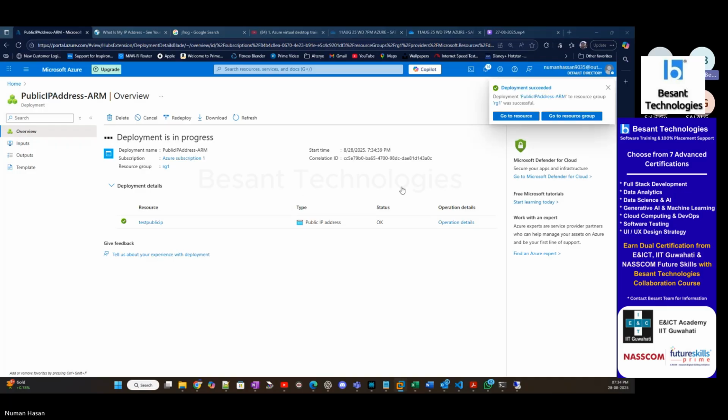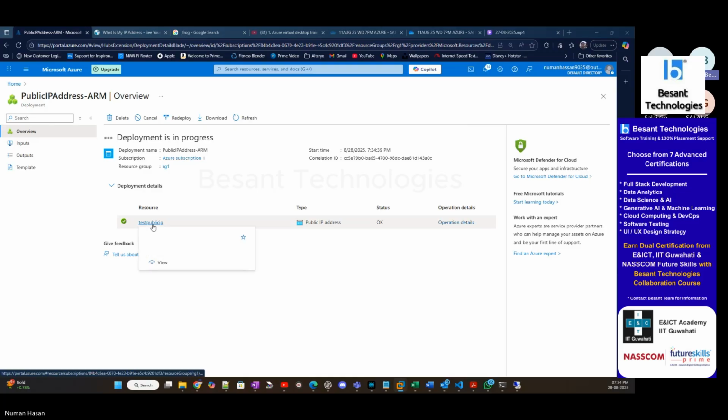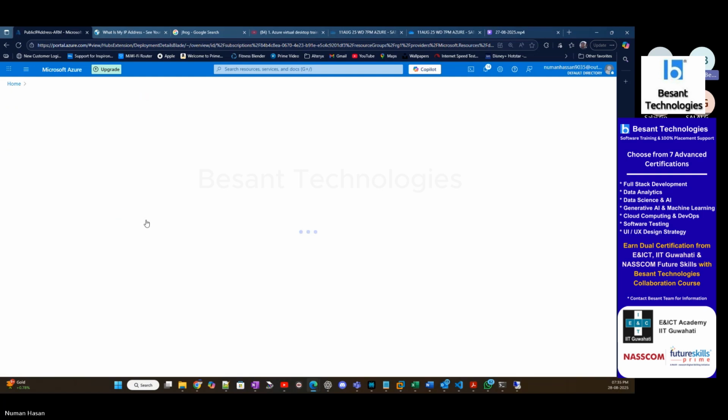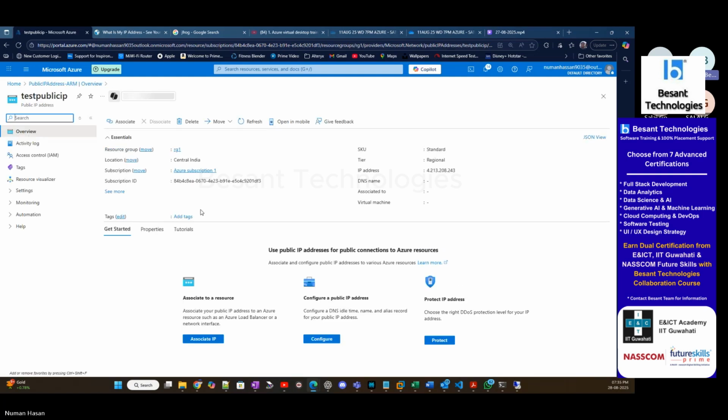Now there is a new public IP that has been created. Now click on go to resource. Just do a small refresh in the middle of the screen. Yeah, you got it. Click on go to resource. Now we created a public IP address. What is the IP address? It starts with